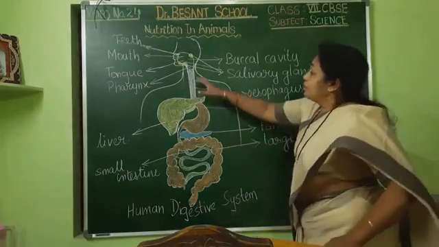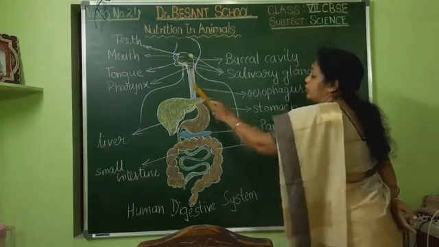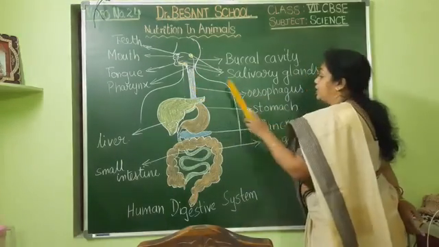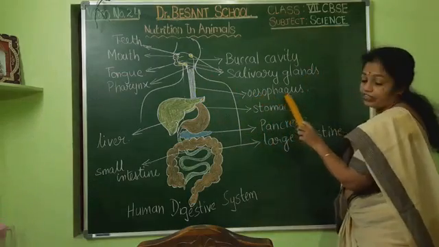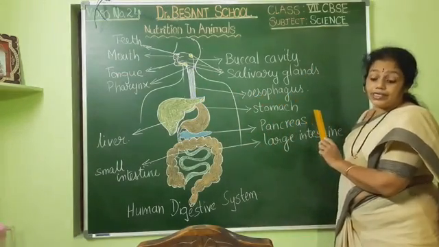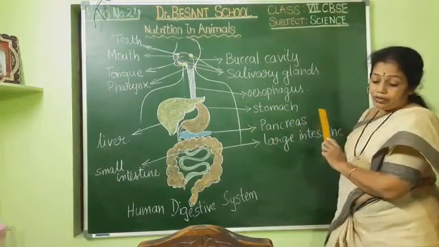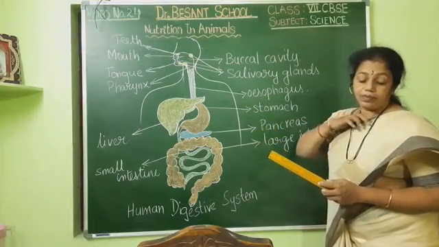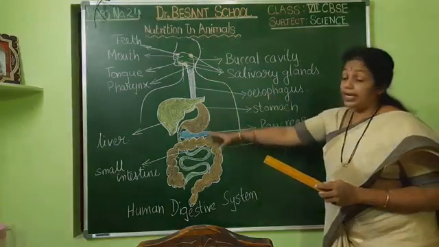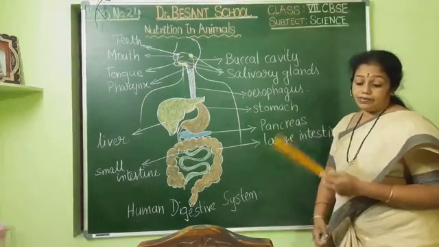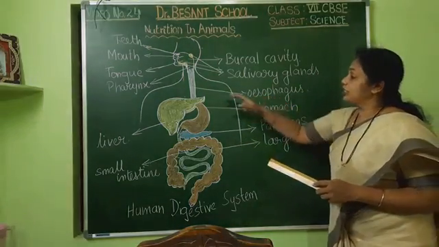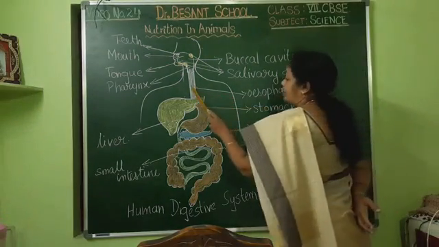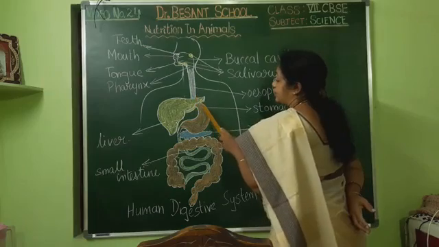Okay. So from there, the food will enter into this long muscular structure, that is called the esophagus. Or it will also go into that. This whole thing is called the alimentary canal. I shall be explaining all that. So first you know what this is. This is the esophagus. Next, after the esophagus comes the stomach.